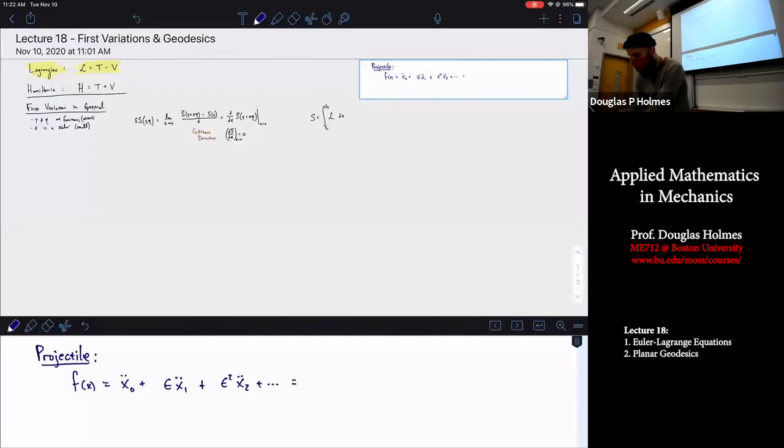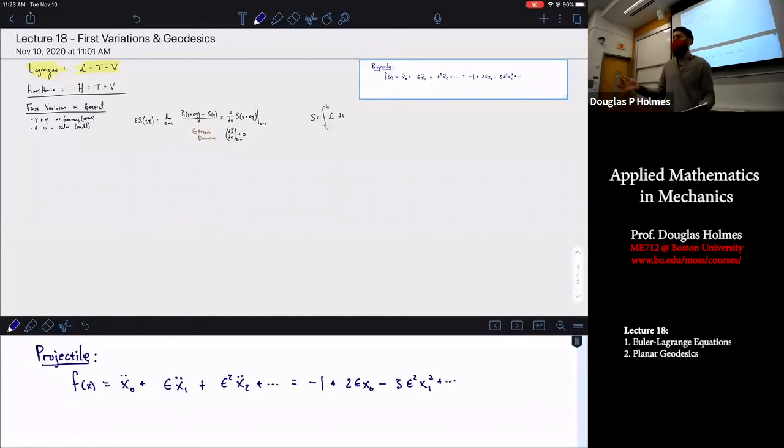And that was all equal to -1. You remember this is the gravity term. And then we had some additional terms coming from the nonlinearity of the system. So we had 2 plus epsilon x naught minus 3 epsilon squared x1 squared. If we want to look at the first variation of this, the Gateaux derivative helps us in the